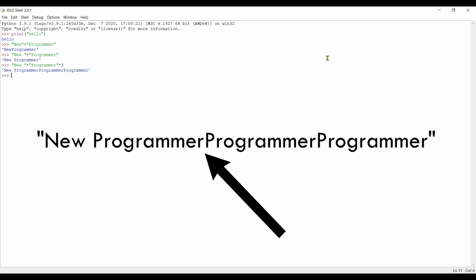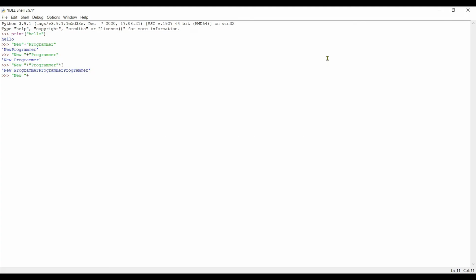Let's add a space. New space plus space programmer, then times 3. All right, we got new programmer three times. So this is how we do multiplication with words.